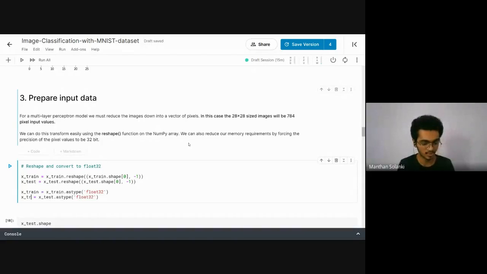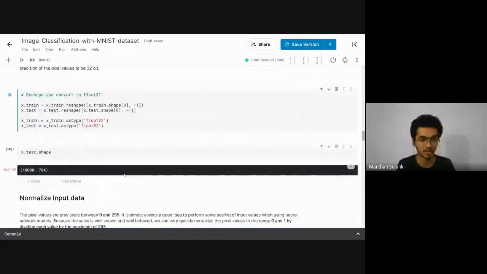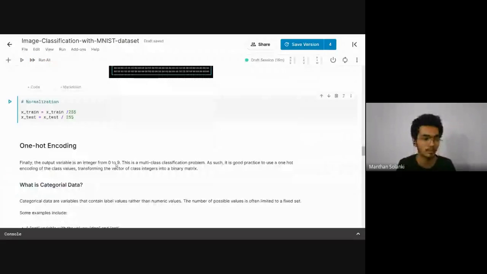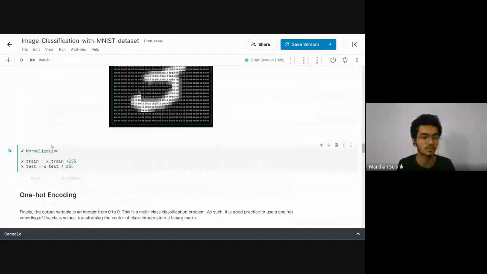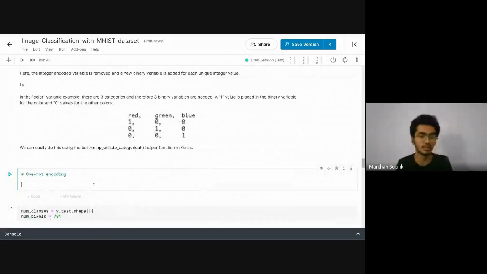So the calculations of the forward and backward propagations and the gradient descent will be done very well. So this is how the input data looks, with normalization and then one hot encoding. With one hot encoding we simply converted our categorical data to numerical data.